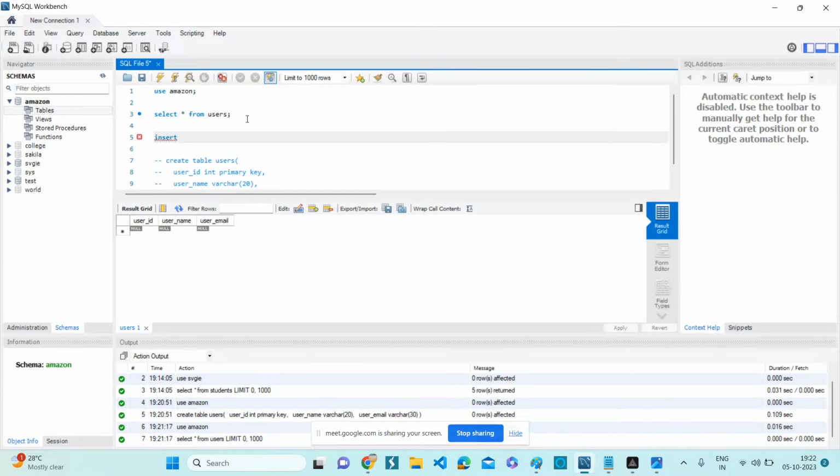Okay. Insert table, table name. Whenever you want to add, suppose right now we have three columns. If you want to add values for all three columns, you don't need to mention the column names. Directly you can use values. And if it is a number, because user ID is a number, so let me start with